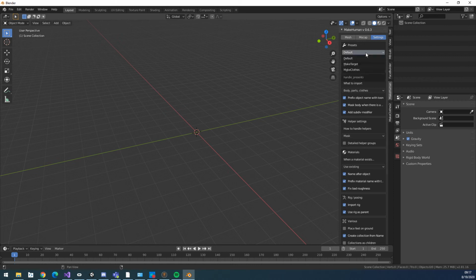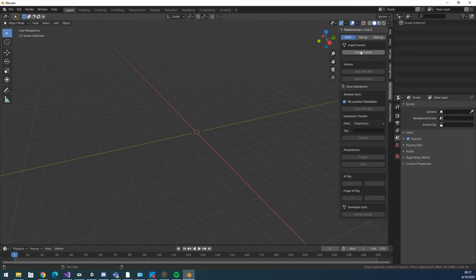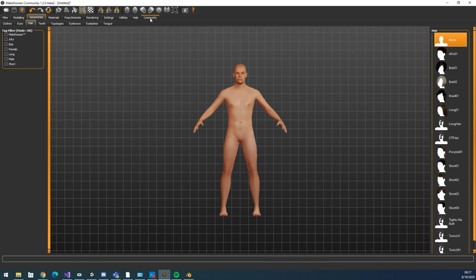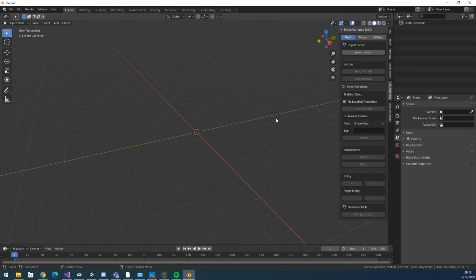So since we're making clothes, we're going to go to this MakeHuman right here, go to settings, and load MakeClothes. You're going to say load right here, and we're going to go back to mesh, and then we're going to import our character. So we have this open right here, and in this community section we have the socket accept connections. That's a requirement for the two applications to talk. So go ahead and import our human,